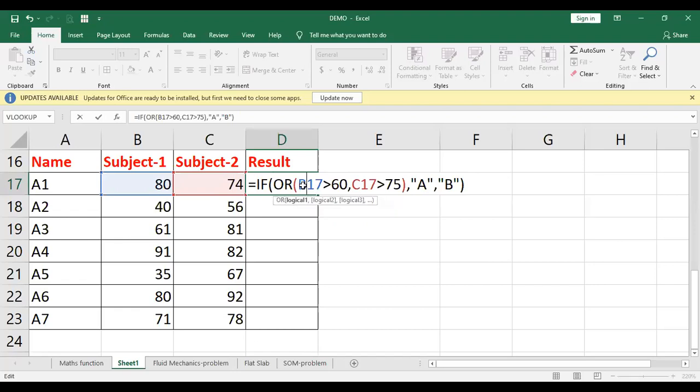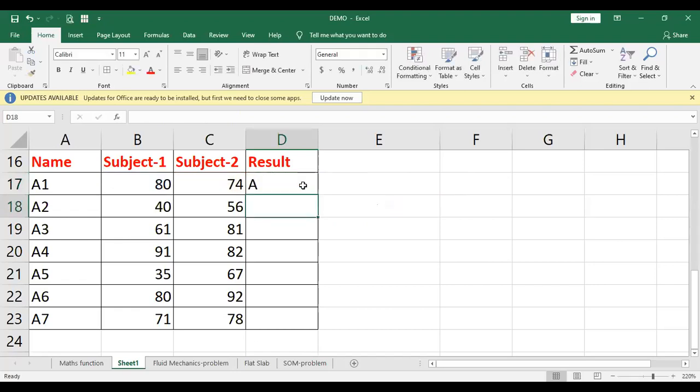If I press enter, now look at that. Instead of B, he got A grade. So that's how the IF statement works with AND as well as OR. In an AND statement, both conditions should be true. If you go for the OR statement, if any one condition is true, it would give you the result as true.